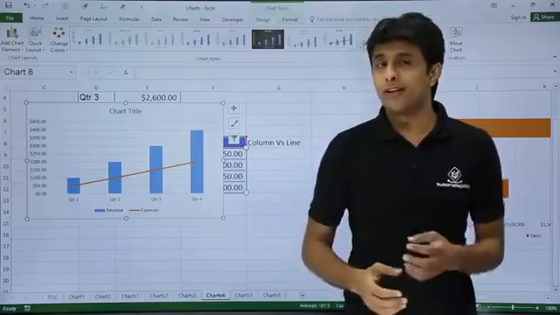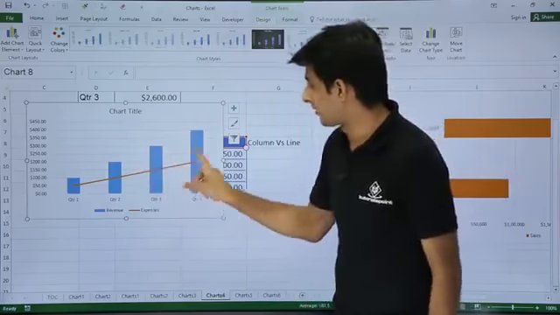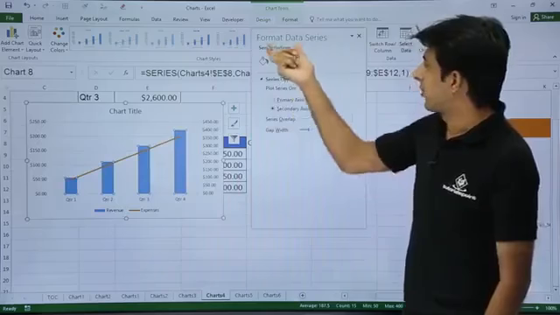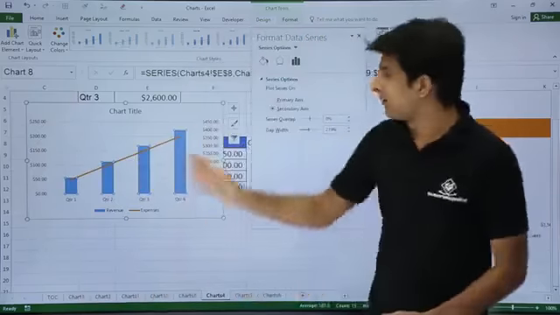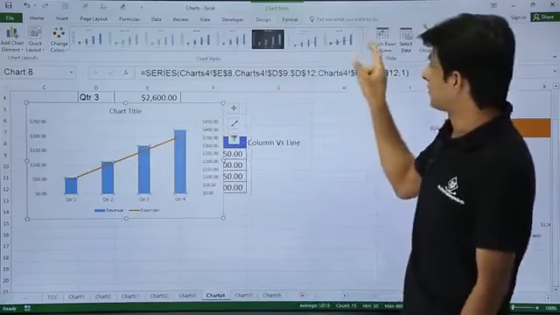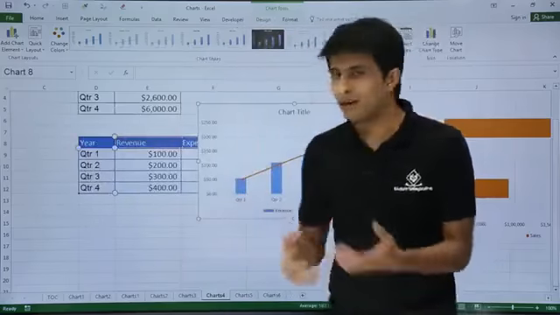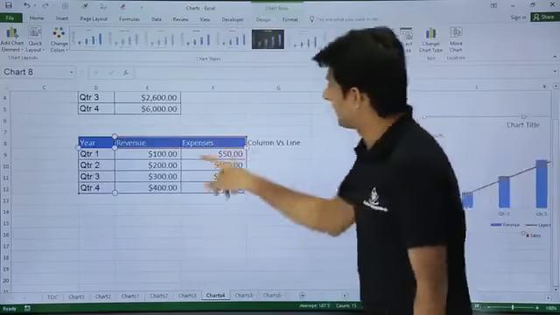But now if you want to create a parallel axis for any one series, you just double click on that like this, and you can just click on the secondary axis. So you see format data series, I've got secondary axis, I've got a parallel primary vertical axis, and you can just close it. So this way a column versus line chart can also be done. Rest all the options for formatting we have seen in the previous video, and that's it.